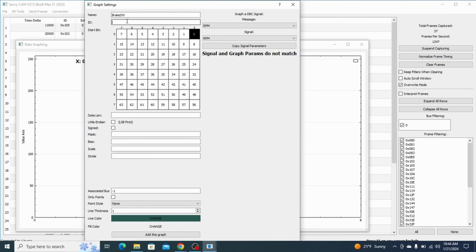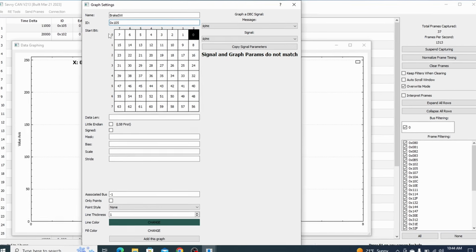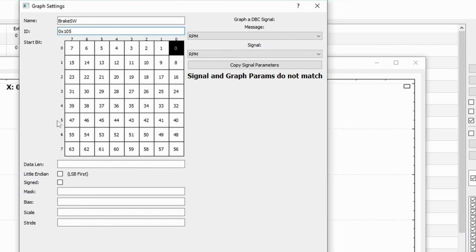So I just put a name. You can name it whatever you want. My ID, 0x105, is my hex CAN ID. And we know that it was byte position number 4. So the way you read this is down the left-hand column here, the y-axis, it's bytes 0